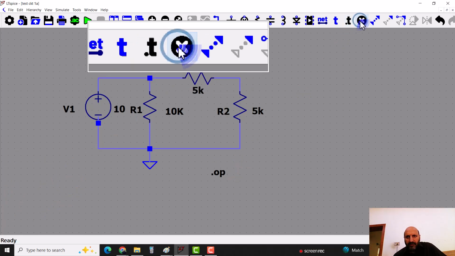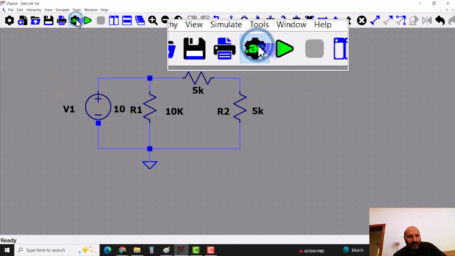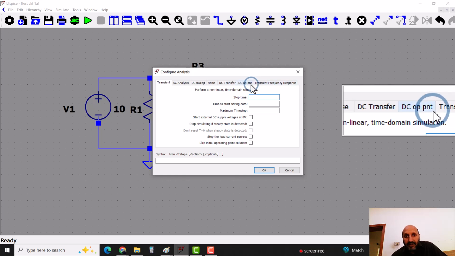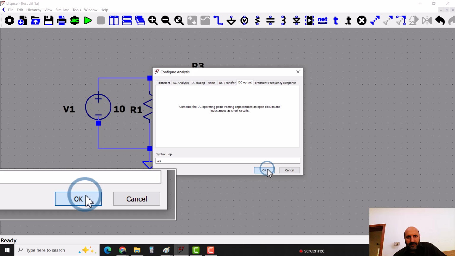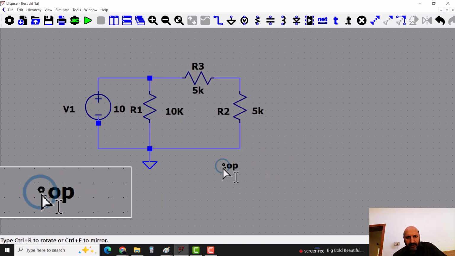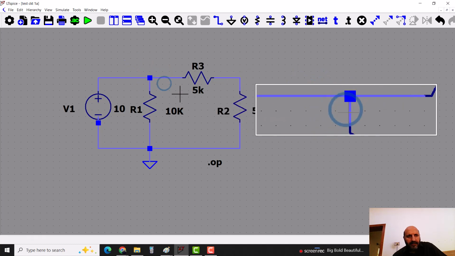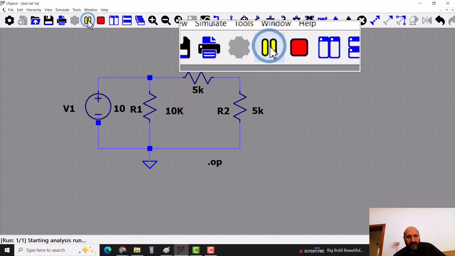So again, right click, I'll do this one. This is the simulation setting. Now in simulation settings I'll use the DC option and I'll say okay. You just have to activate this one, click it here, right click, and then simulation, this is the default DC setting. So if I run the simulation,